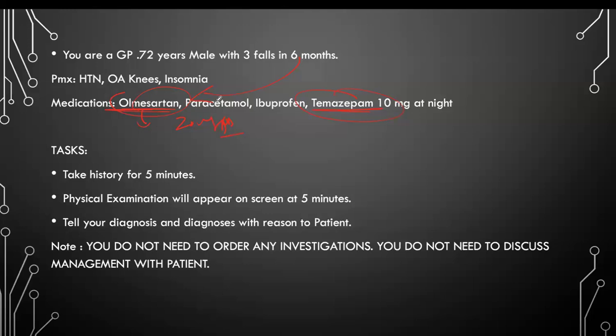So this case was olmesartan induced postural hypotension. Okay, so that's important to find out always. And what else can cause postural hypotension? Any recent vomiting, diarrhea. If the patient is bleeding from somewhere, then if the patient was diabetic, we would rule out diabetic autonomic neuropathy as well. So those would come if the patient had diabetes.